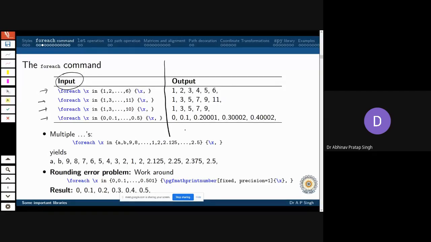Okay, there are some subtle points. For example, there is some rounding error, as you can see here. Its solution I have given here. Again, I will not go into the details of this particular solution, but sometimes you can find these rounding errors. That is because TeX has some finite accuracy. Okay, it is not as good as other programming languages. That is why it is not used as a programming language actually. So such kind of rounding errors can occur.